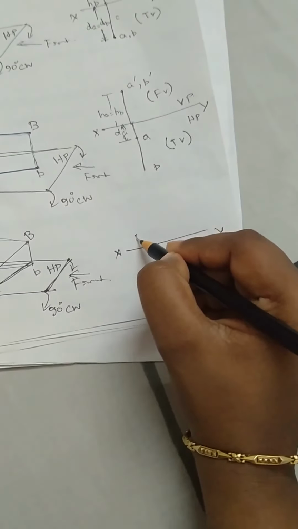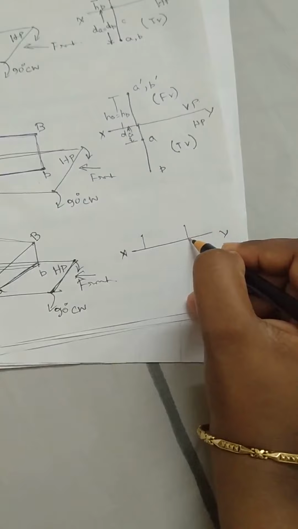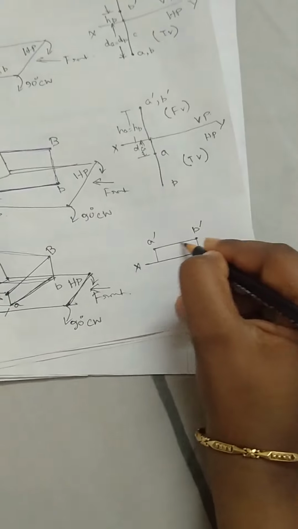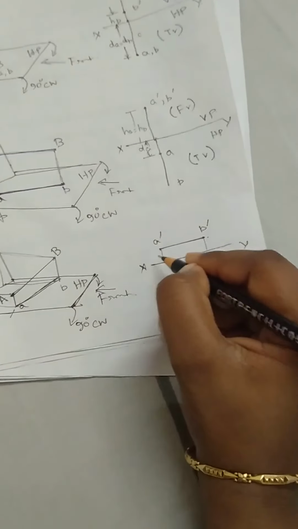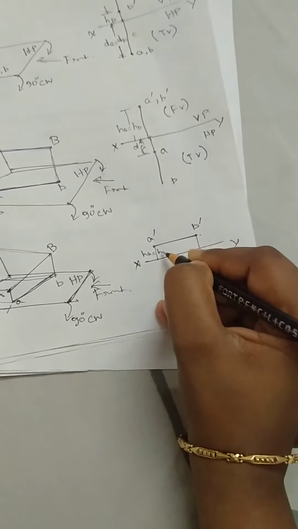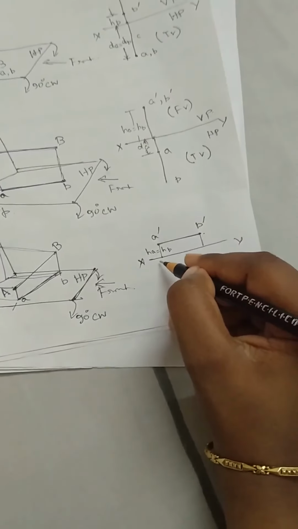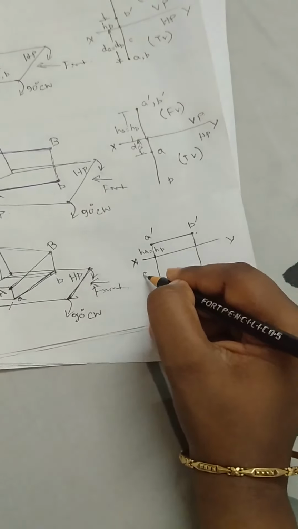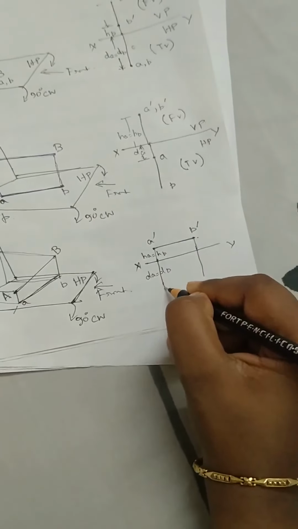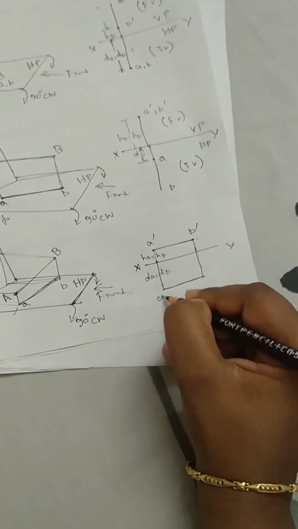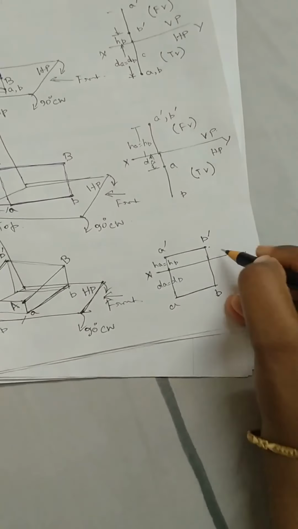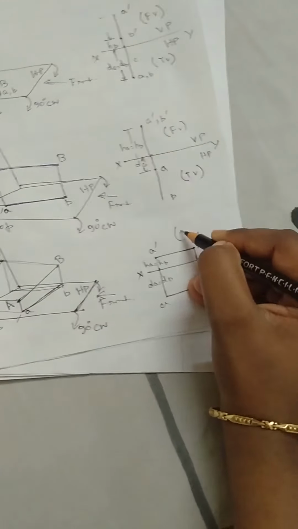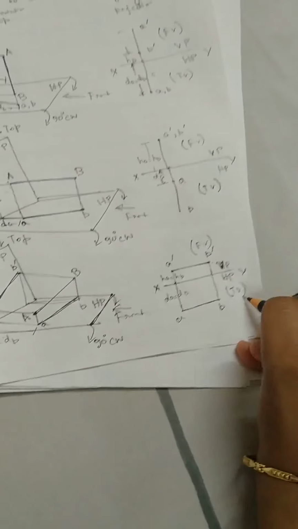For this case, this is our HA and HB, so the line will be like that, and this is A dash B dash. Same, so this is our HA equal to HB. And again this our projection line, this is our DA equal to DB. So this is our line A and B. This is again VP and HP. So this is our front view and top view.